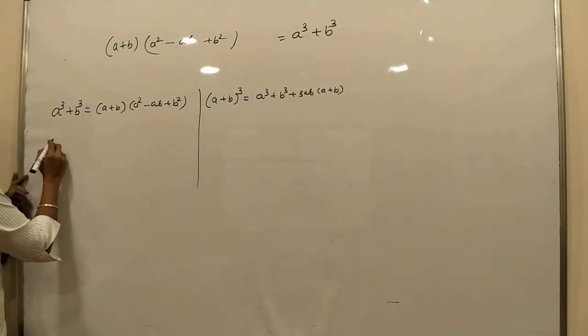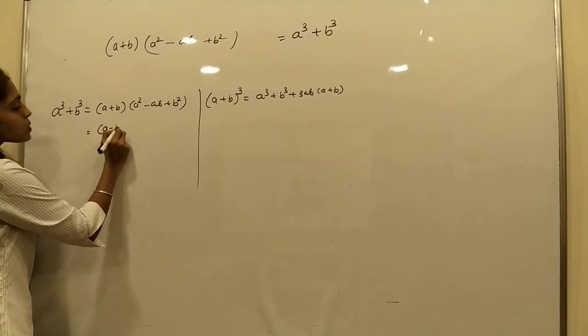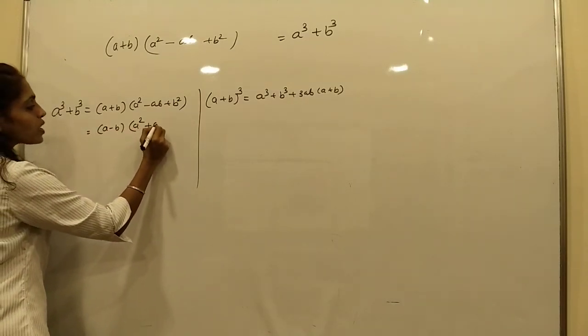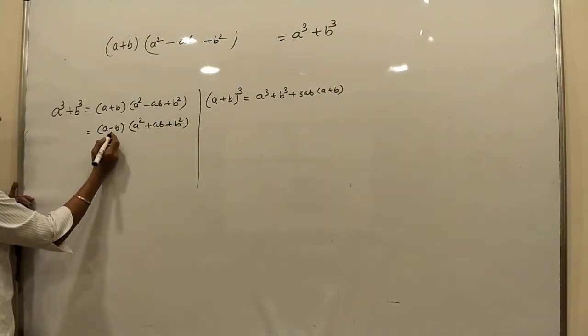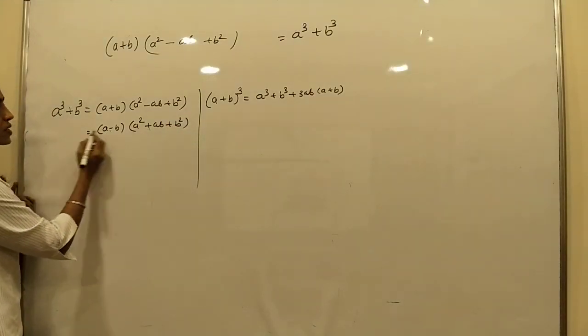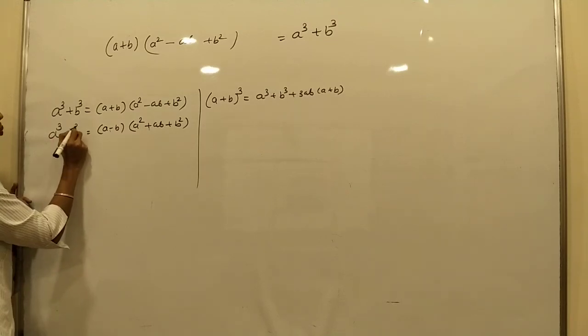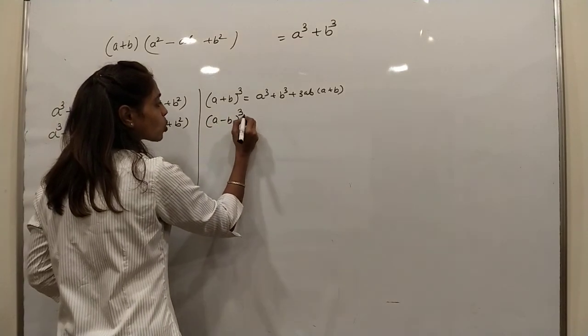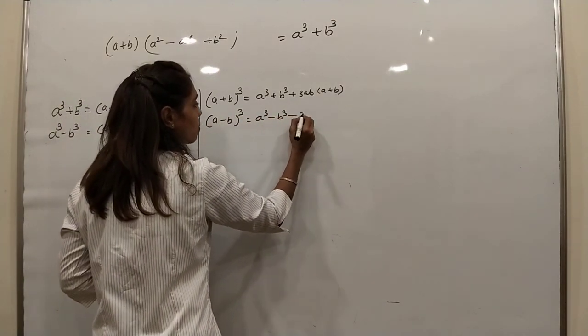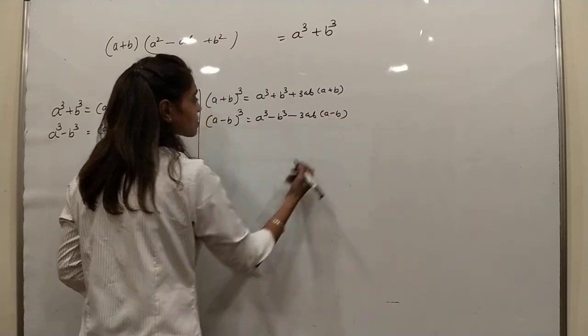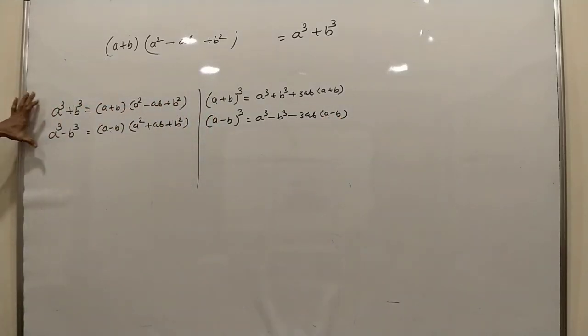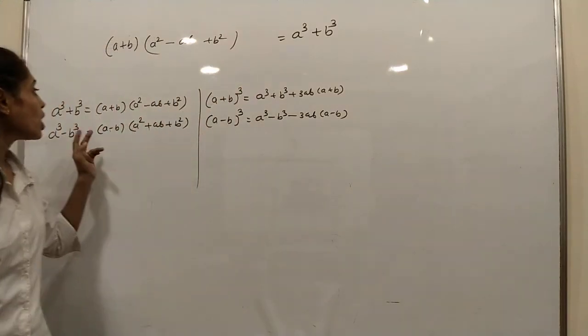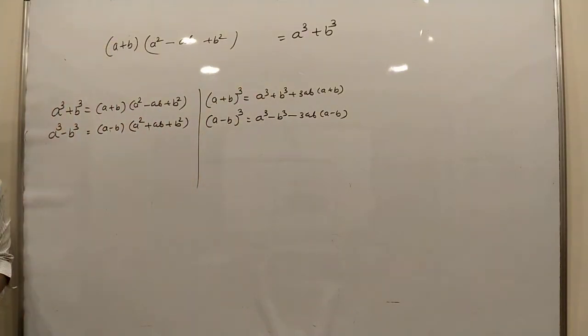Now what about a minus b, a square plus ab plus b square. No, here there is minus, so if minus here, then plus in the second bracket. That plus, that is the formula of a cube minus b cube. And what is the formula of a minus b, the whole cube? Is a cube minus b cube minus 3ab in bracket a minus b. Okay, both these formulas have to be written 25 times. Is a whole cube formula, is personal cube formula. Got it? Now third formula, very long formula.